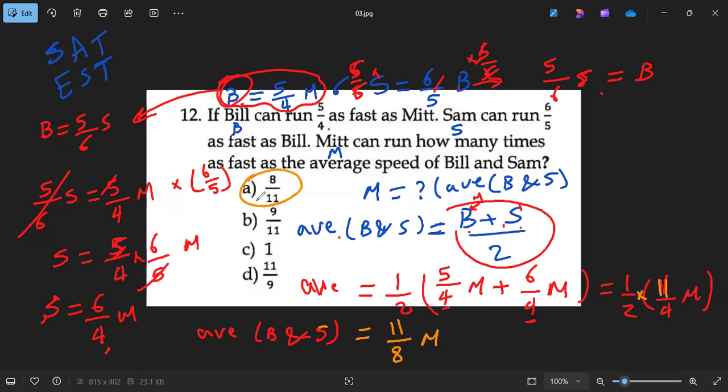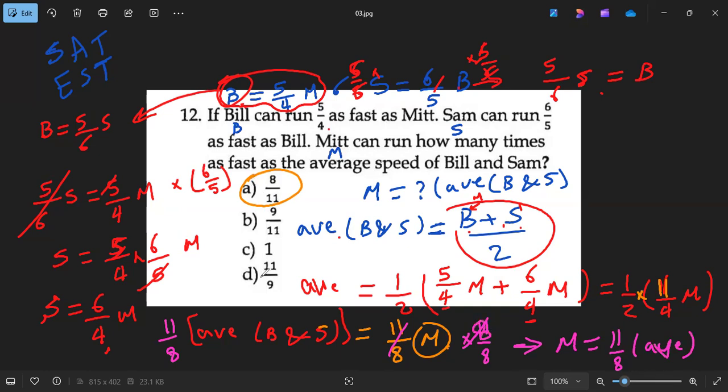The answer is A. You could not complete it; you can stop here and choose A. But how come it's a reciprocal here? Flipping. He asked about Mitt. Mitt can run how many, sorry. So it should be M separately in terms of both of these parts. So just times 11 over 8 here and 11 over 8 here. Just we got the final answer: M equals 11 eighths, the average you asked about. So the answer is